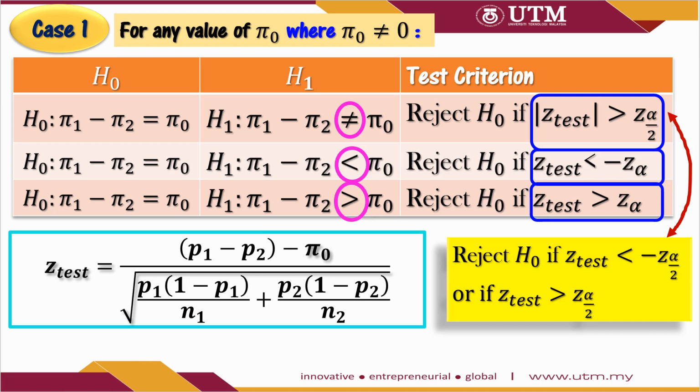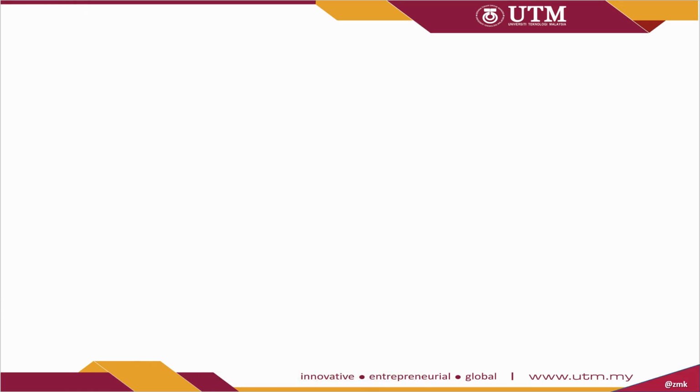Please note that we do not know the actual value of individual pi 1 and pi 2. What we know under H0 is only the value of a difference between pi 1 and pi 2, which is pi 0. Therefore, we need to estimate the individual parameters pi 1 and pi 2 in the z-test formula by p1 and p2 respectively. Let's look at case 2,